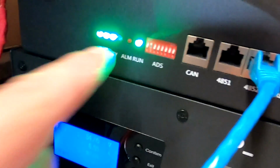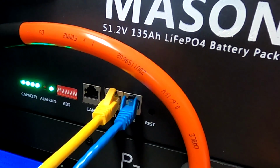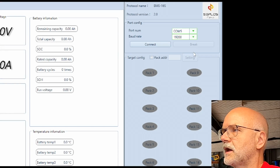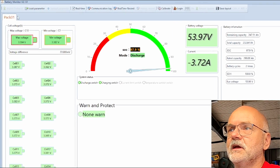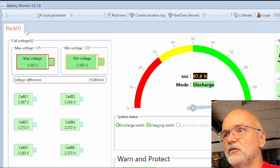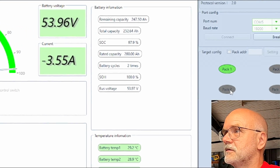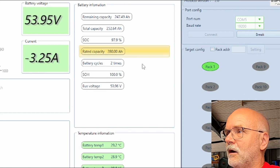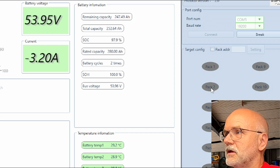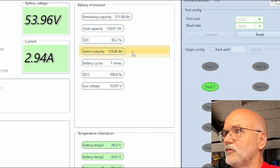Number 1, number 2, and then we connect our computer. Okay, we tick pack number 1 and pack number 2, connect, and it should just work, right? And we can see here in the top left hand corner then pack number 1 and 2 is alternating as we go. So if we just choose pack number 1, which is our big battery at the bottom, 280 ampere hours, and then we can just go to pack number 2, which is the 135 ampere hour battery, and this